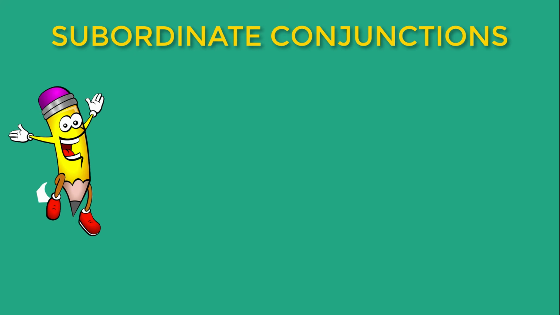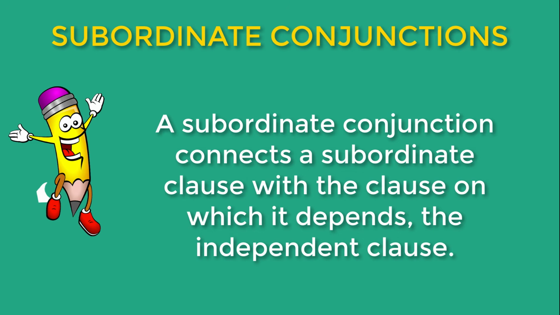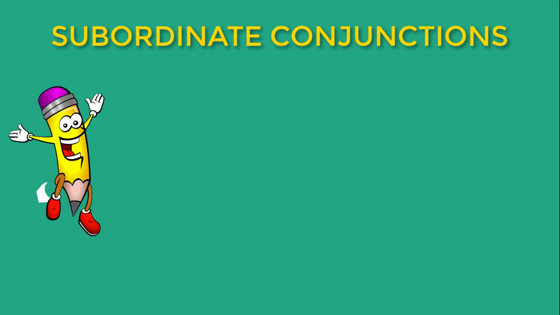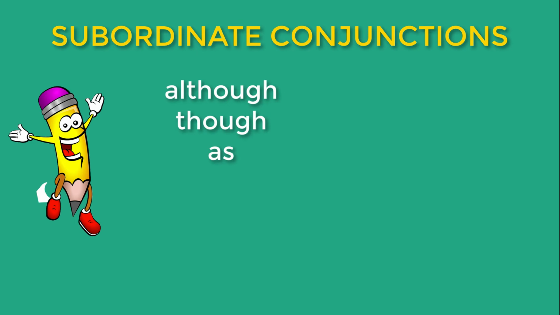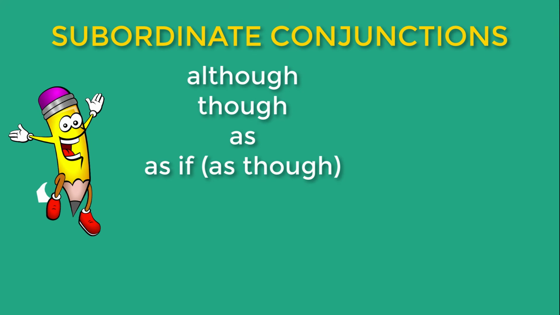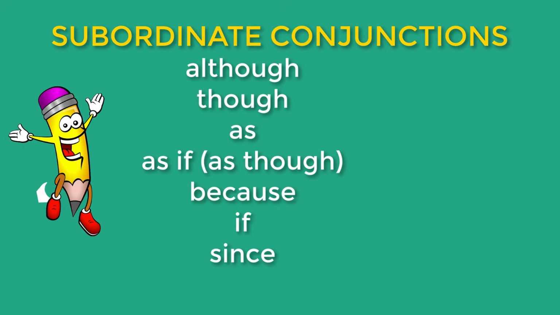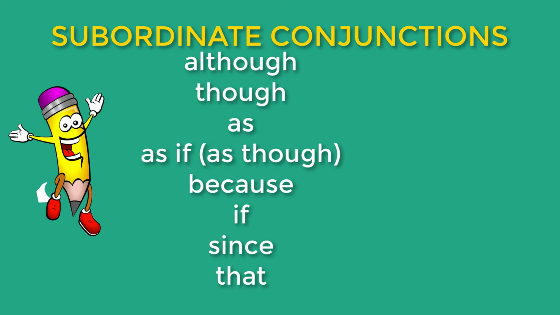The next type of conjunction is the subordinate conjunction. A subordinate conjunction connects a subordinate clause with the clause on which it depends. In other words, subordinating conjunctions show the relationship between a dependent and an independent clause. The main subordinate conjunctions are although, though, as if, or as though, because, if, since, when used as because, that,